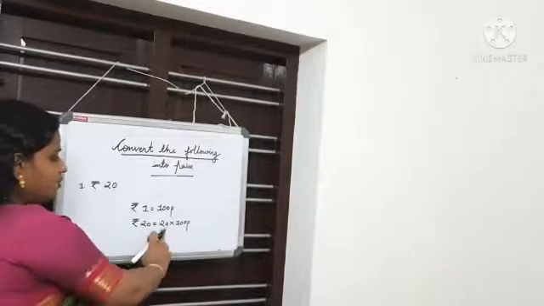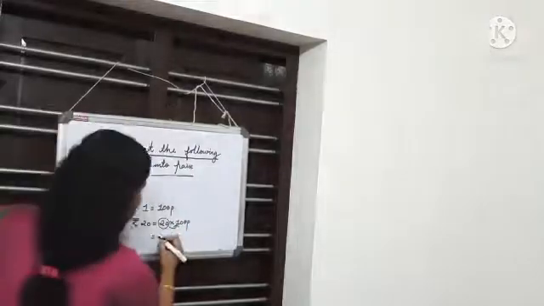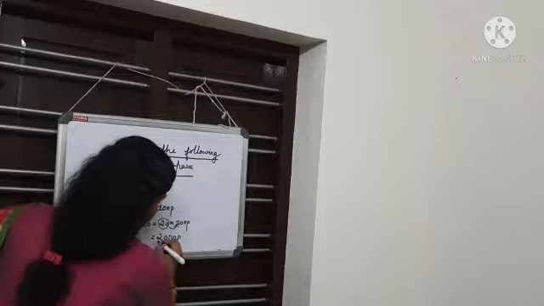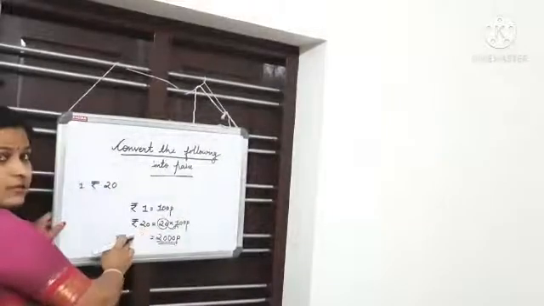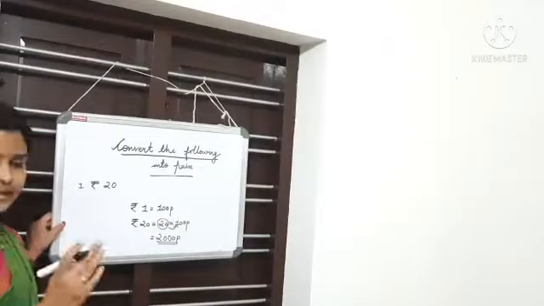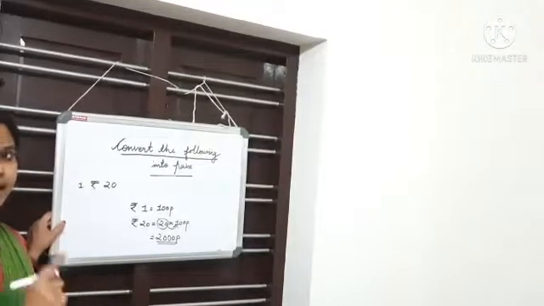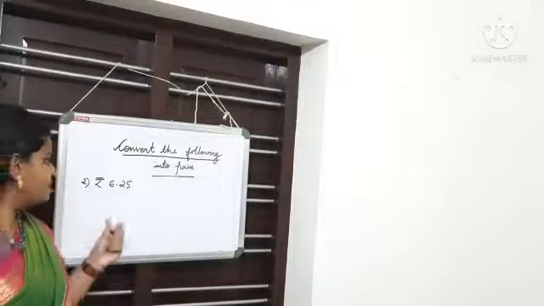20 rupees is equal to 20 into 100 paise, which is equal to 20 into 1 is 20, right? Now, how many zeros are left? There are 2 more zeros. So, I add those 2 zeros here. So, the answer is 2000 paise. 1 rupee is equal to 100 paise. Therefore, we can say 20 rupees is equal to 2000 paise. Okay? So, keep in mind that to convert rupees to paise, you have to multiply by 100. Understood?